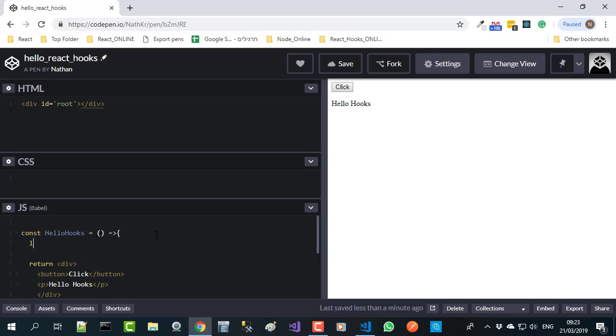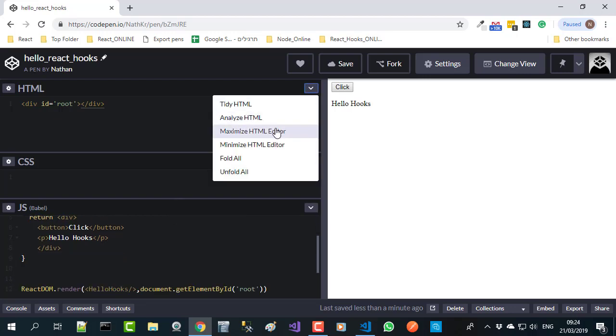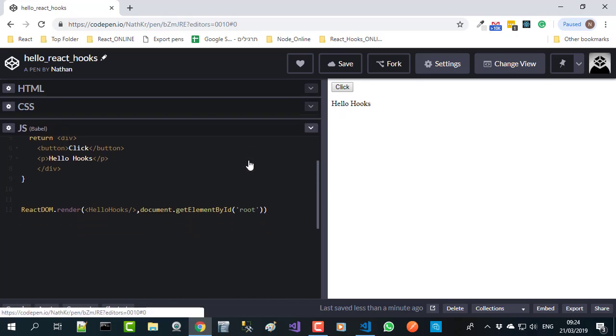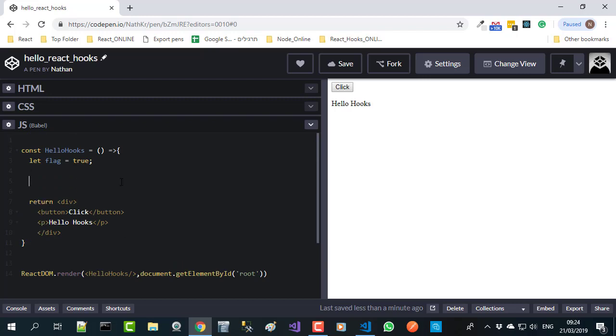Let's add a flag. And add style, const style,